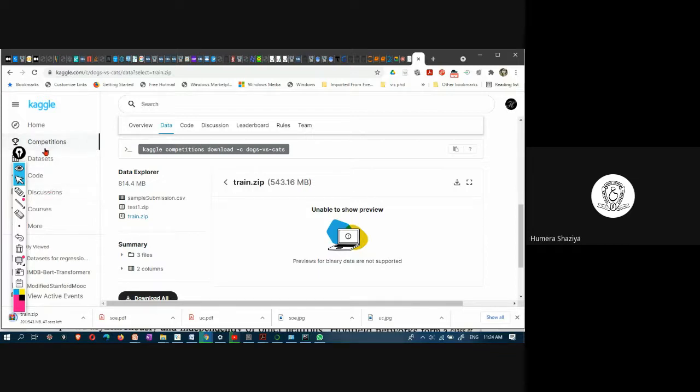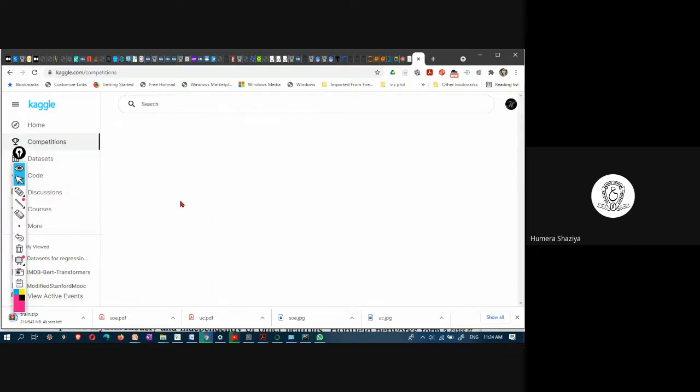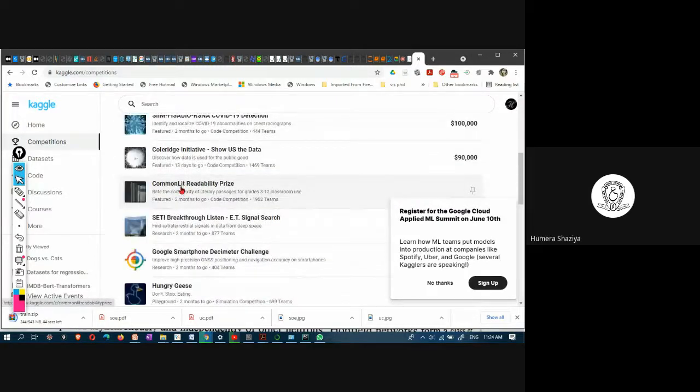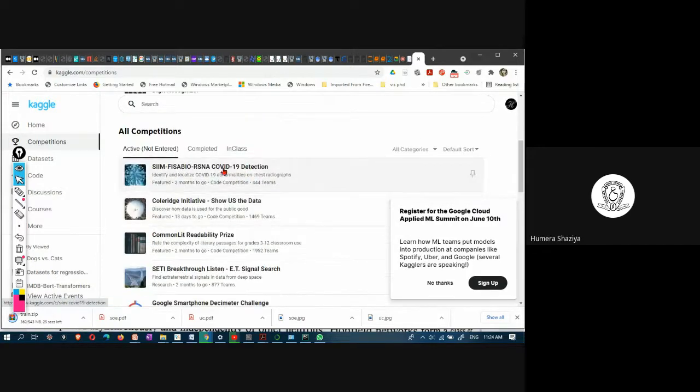You see, there are so many competitions in Kaggle. If you participate in these competitions, your data science skills will improve, and then you could showcase your solution to the recruiters, as well as you could win a prize. Here, in this challenge, COVID-19 detection, the prize is $100,000,